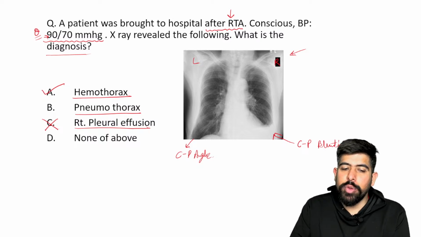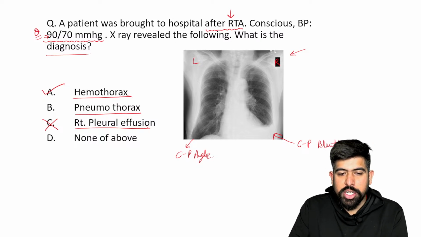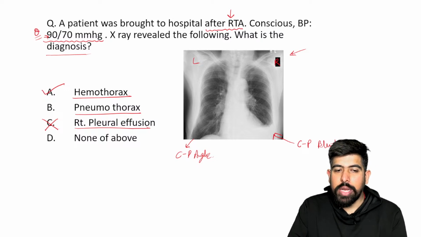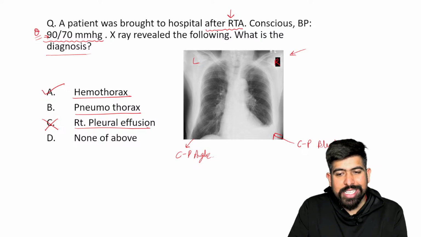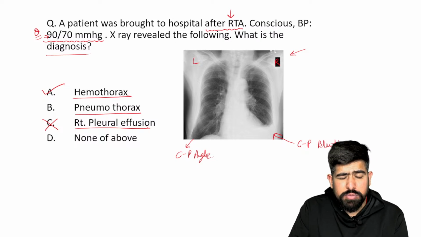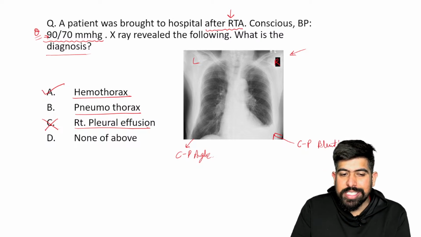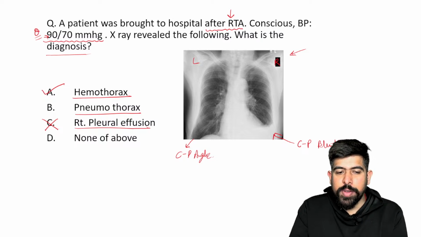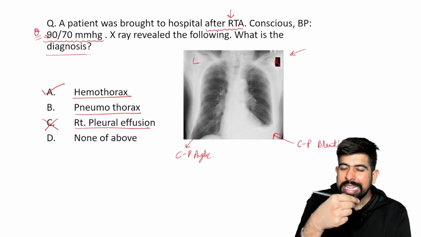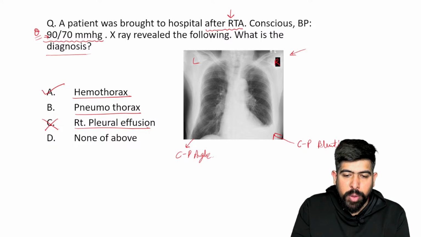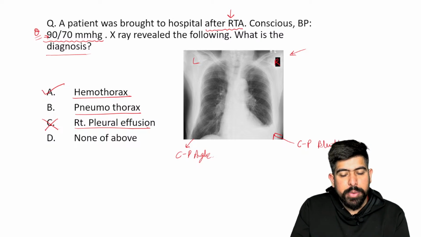I think now you guys will not be in a hurry in your 12th January exam, right? You have to read the MCQ, you have to find the keywords, and after seeing this X-ray, don't make the diagnosis in a hurry. Please try to read all the options. Maybe in the exam the examiner gives hemothorax in option D, and the first option is right pleural effusion, and in a hurry you mark A and move forward. Don't do such a thing.